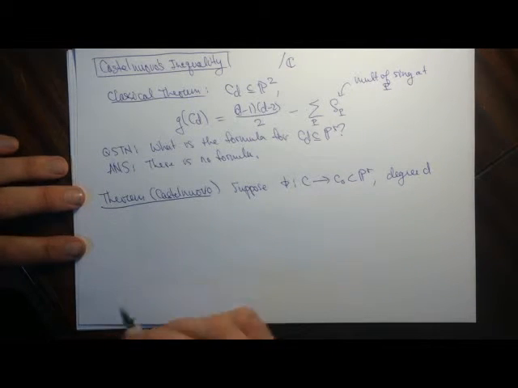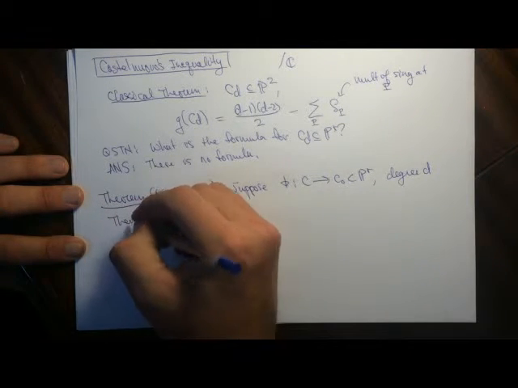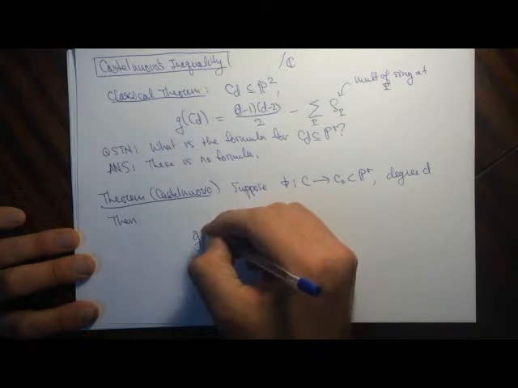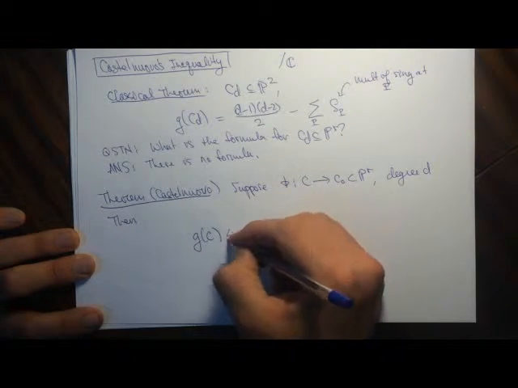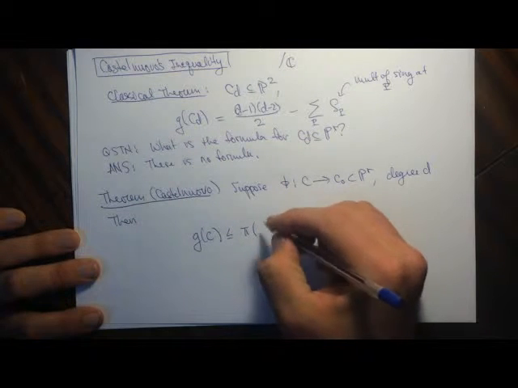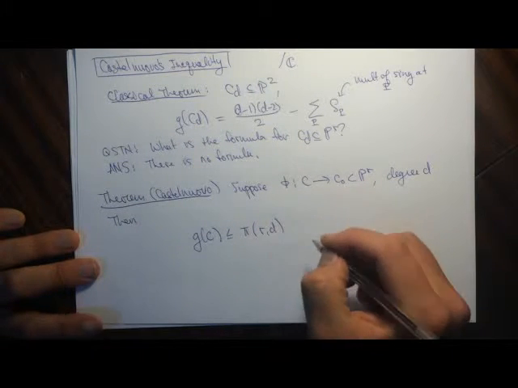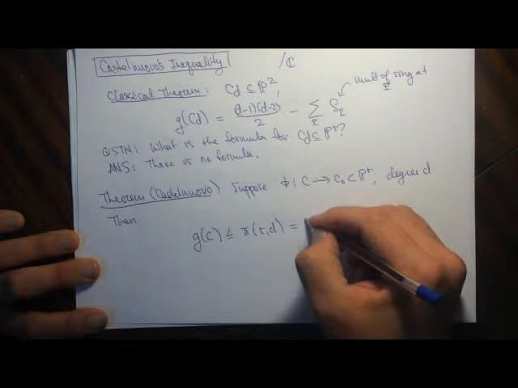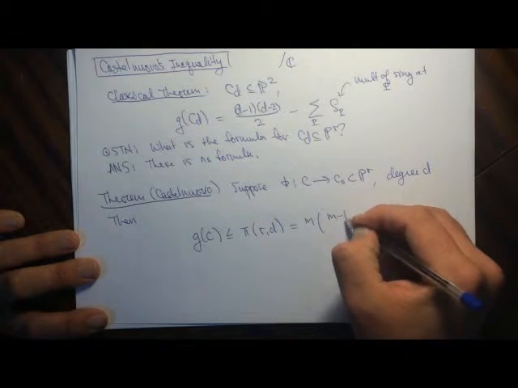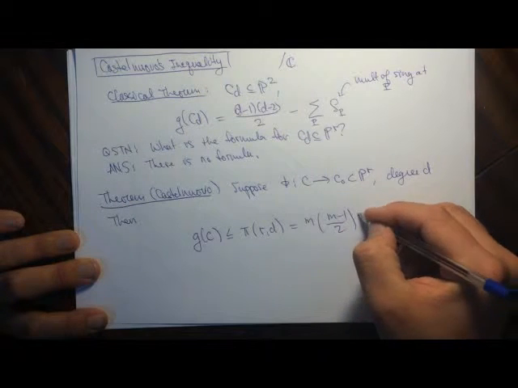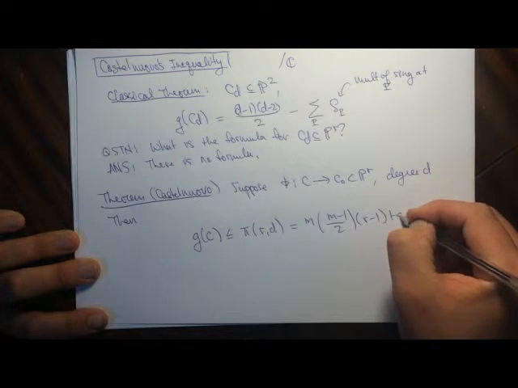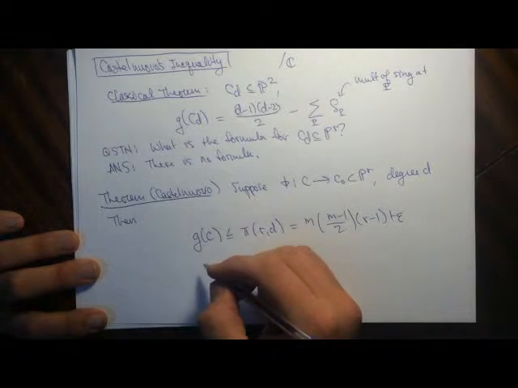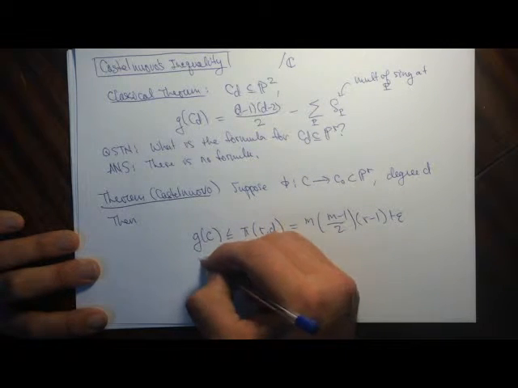And then we have the following inequality on the genus. There's some bound here. It's given by this formula, and here M is